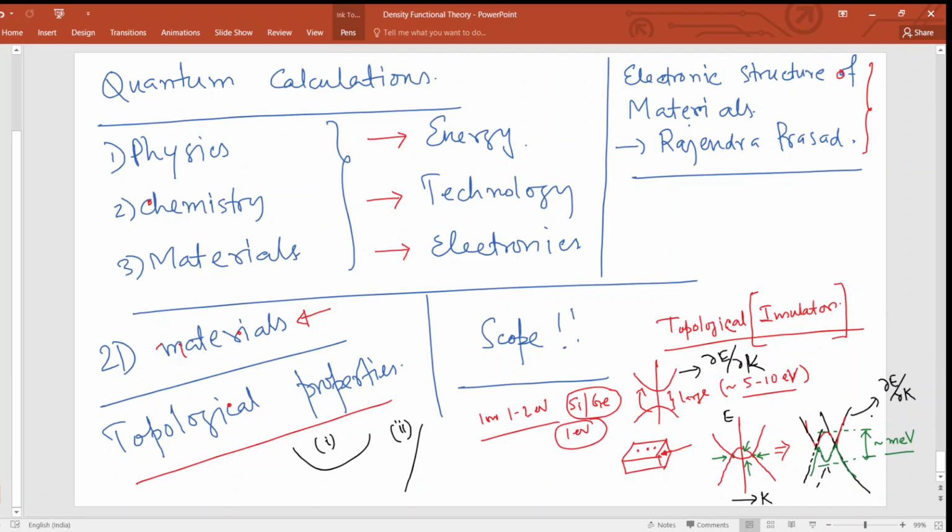So if the slope is large, this means that the dispersion is usually found to be linear in this case. Usually for these things, E goes as k square. You probably know that E is h cross square k square by 2m. In this case, it actually rises much faster.